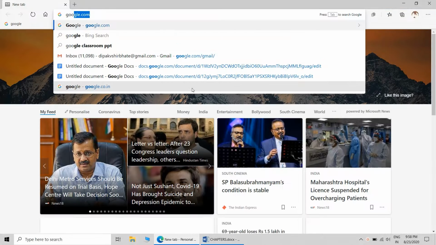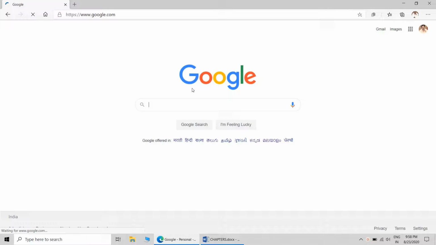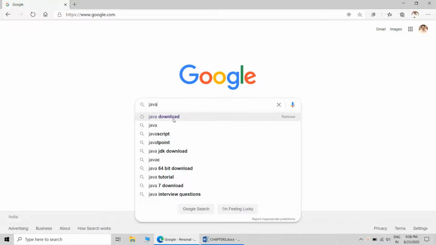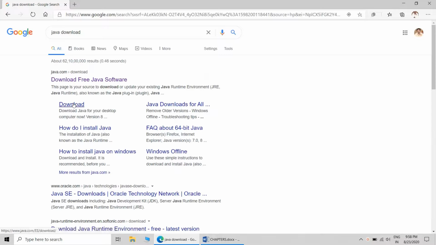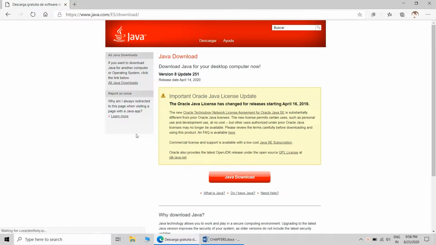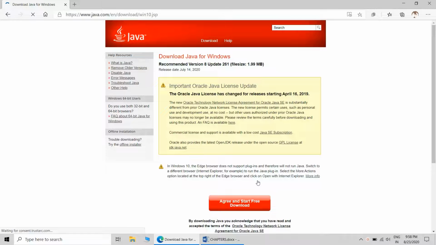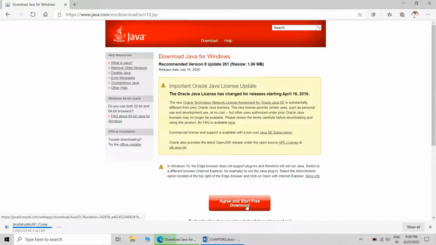Okay, so open your internet browser, then type Google, then Java download, and you will get the download link. You just click on that link, agree to the terms and start the free download.